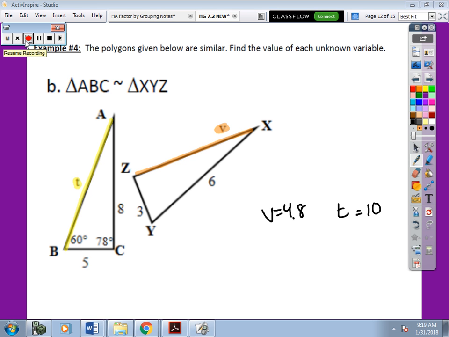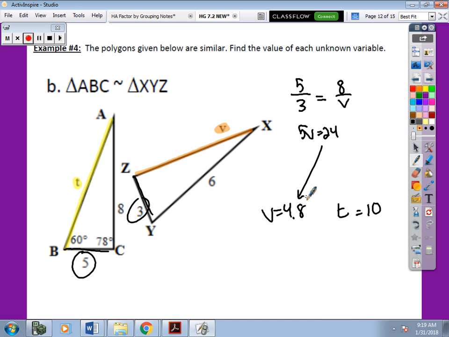Again, when you're doing these, you want to find the pair of numbers where you have corresponding sides that are both given to you. So start out with that. 5 over 3 equals, and then notice 8 would correspond to v. So that would be 8 over v. First shape, second shape, first shape, second shape. Cross multiply